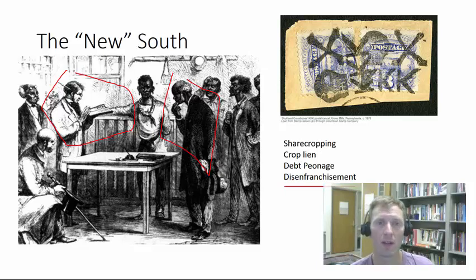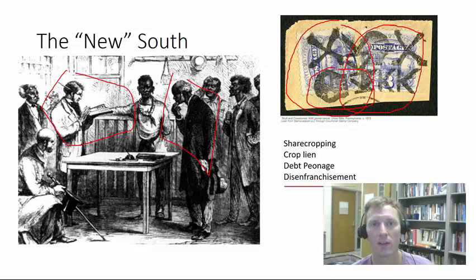And then when all else fails, here's a stamp where someone had put KKK emblems over the U.S. postal stamps. Here's KKK, here's a skull and crossbones. If all these things fail, you use violence. You use extra-legal terrorist actions to instill fear into African Americans, and groups like the Ku Klux Klan, the White Caps, the Knights of the White Camellia, a whole bunch of them use terror to say, hey, if you're an African American who's trying to work your way up economically or to be influential politically, this is what can happen to you.